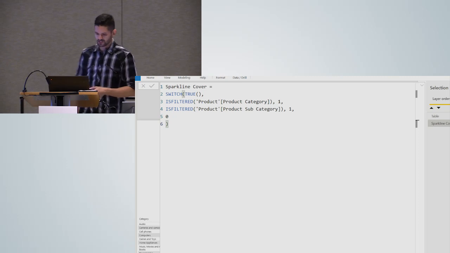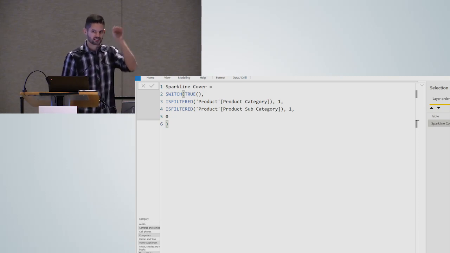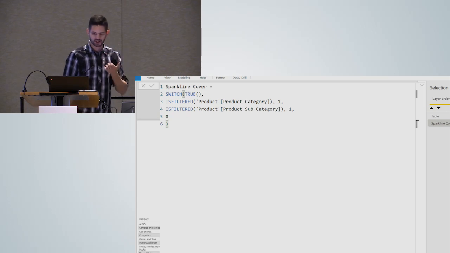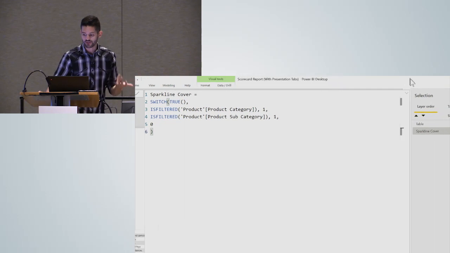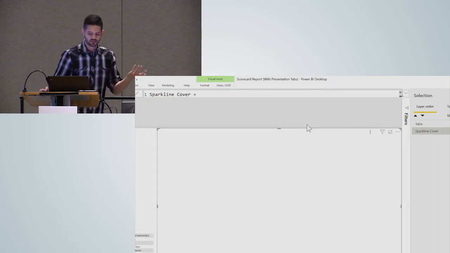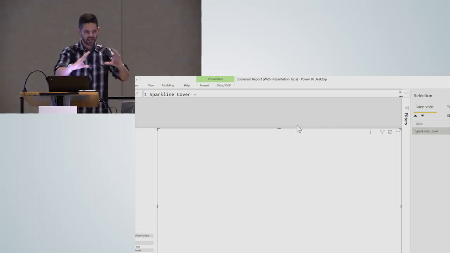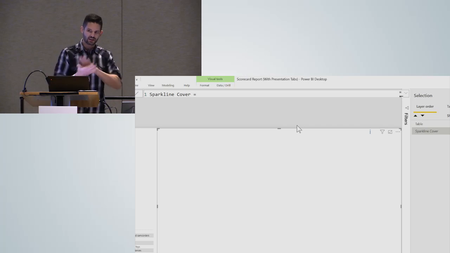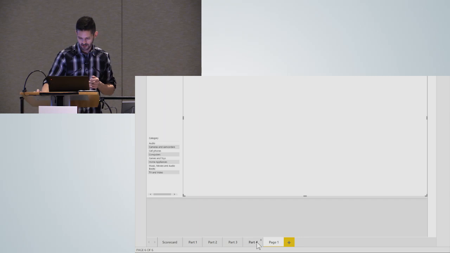So, a SWITCH TRUE statement in there, and it's simply checking to see, is product category filtered? Return a value of 1. If the subcategory is filtered, meaning it's the equivalent of me selecting a row from that scorecard table, return 1. Otherwise, 0. And if it's 0, and there are no values, then this object is completely blank. It doesn't return anything because there's nothing to fill it in. And it just returns the 1, fills up the entire section, and it's basically acting as a visibility toggle that is covering up the object. So that is how it is doing it on this page.